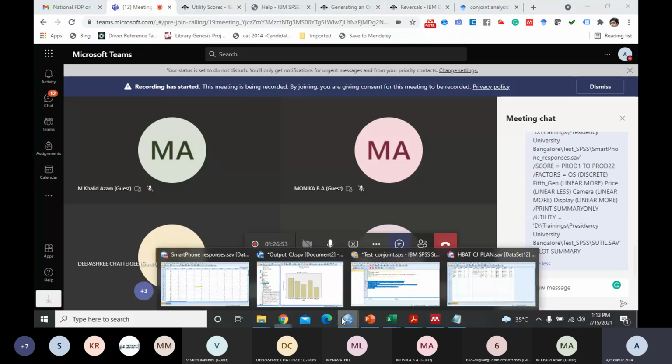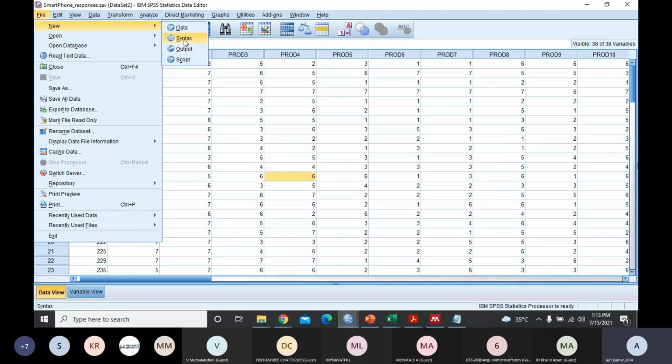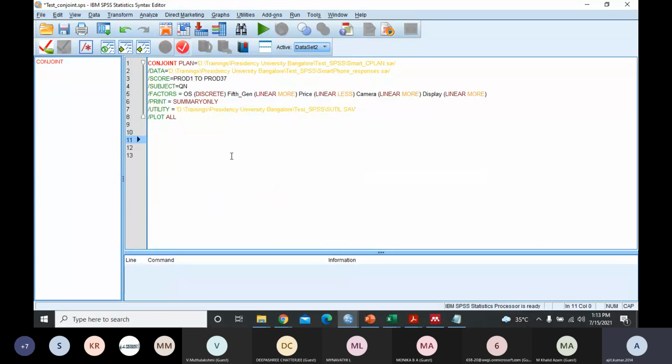And where will you use this? You go to SPSS, click on File, New, and the second option, that is Syntax. You click this, then a new window will open up, which is the syntax editor. In this editor, what you are going to do is use these 7 lines of commands that are given to you, customize this using your local path, and ensure that this number of scores is equal.